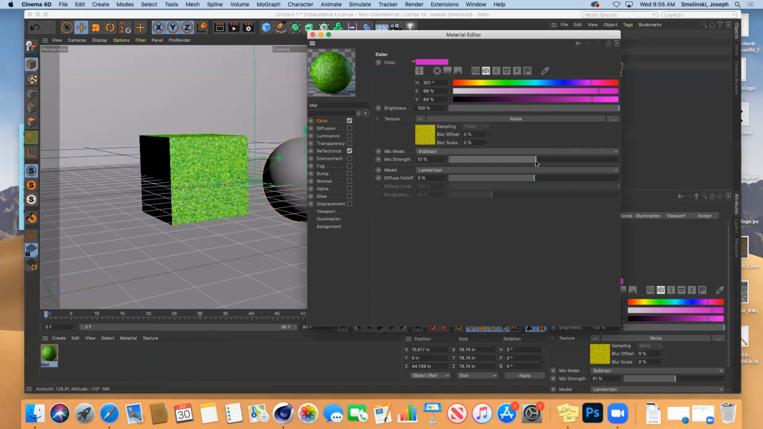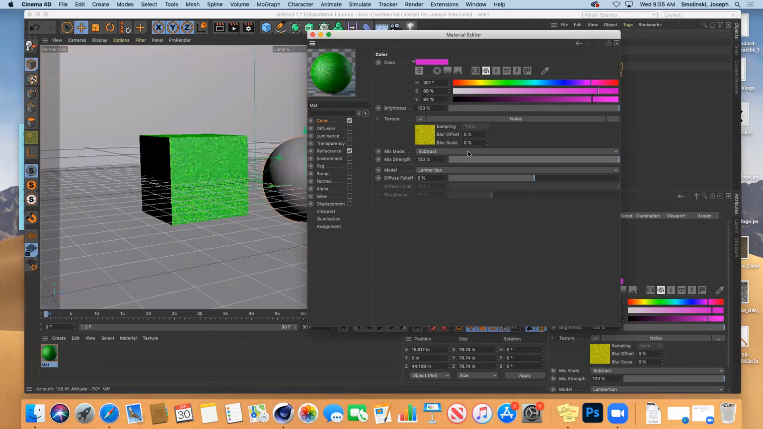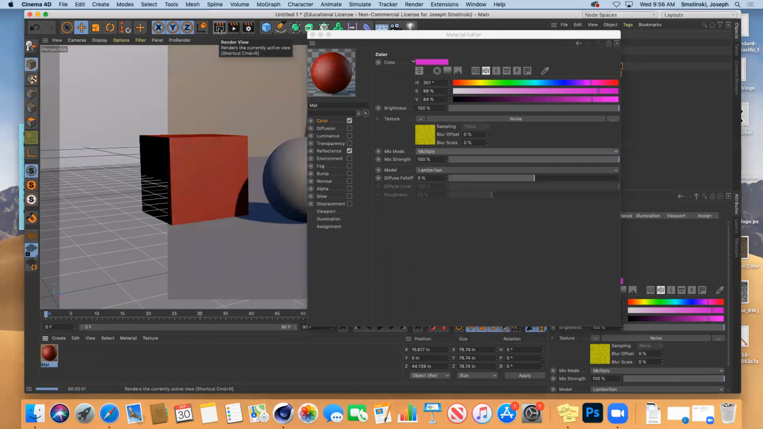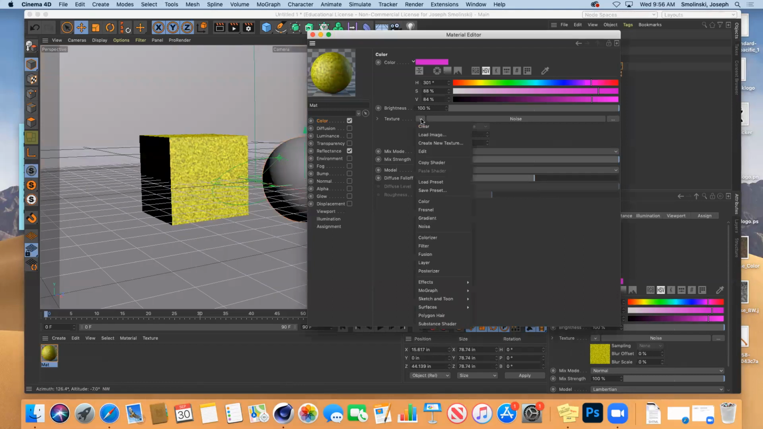And of course, percentages can give you different effects. So 50% is going to give you more of a different kind of quality there. And then finally, multiply kind of takes all those colors and ramps it up and gives you a much different version of it. So it's something to play around with to see what happens when you start to mix those channels together. I'm going to go back to just normal here